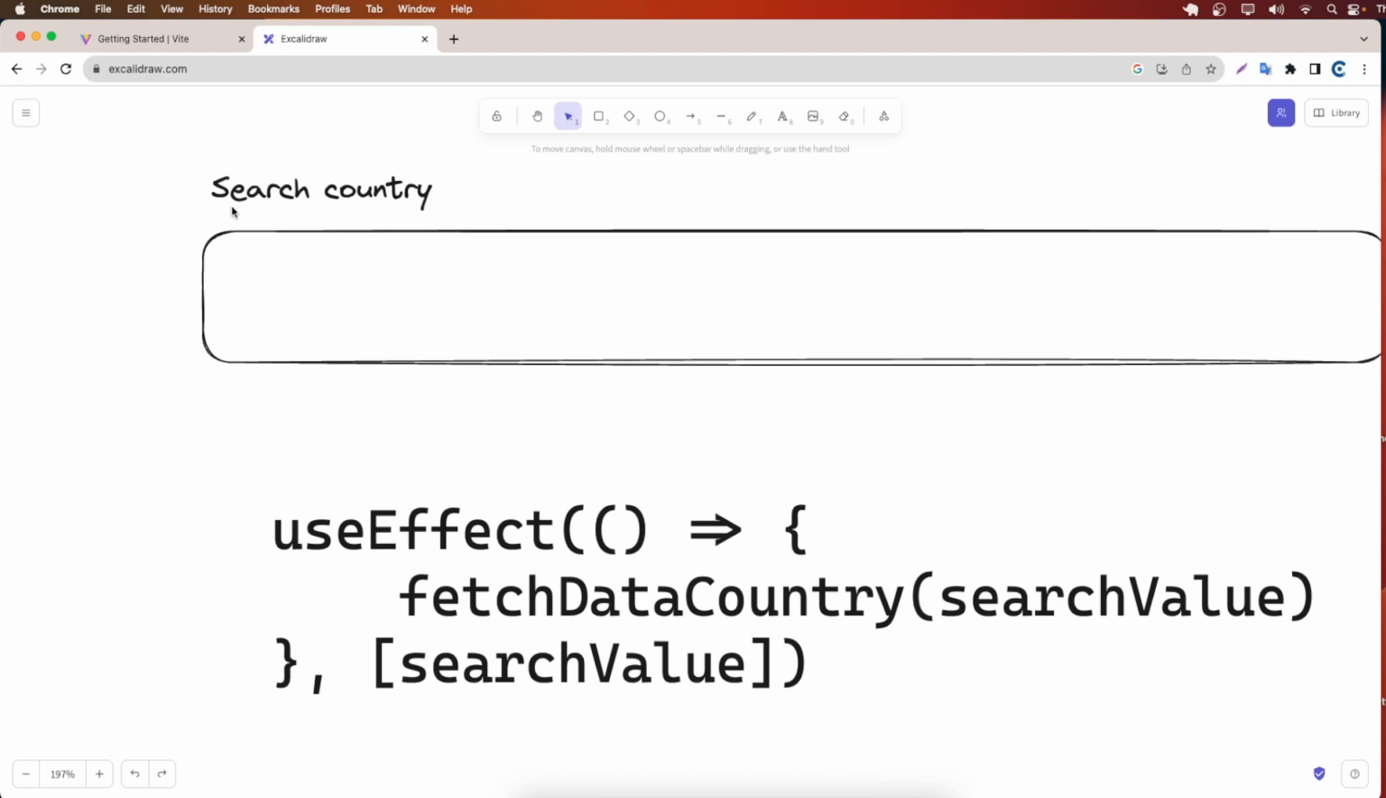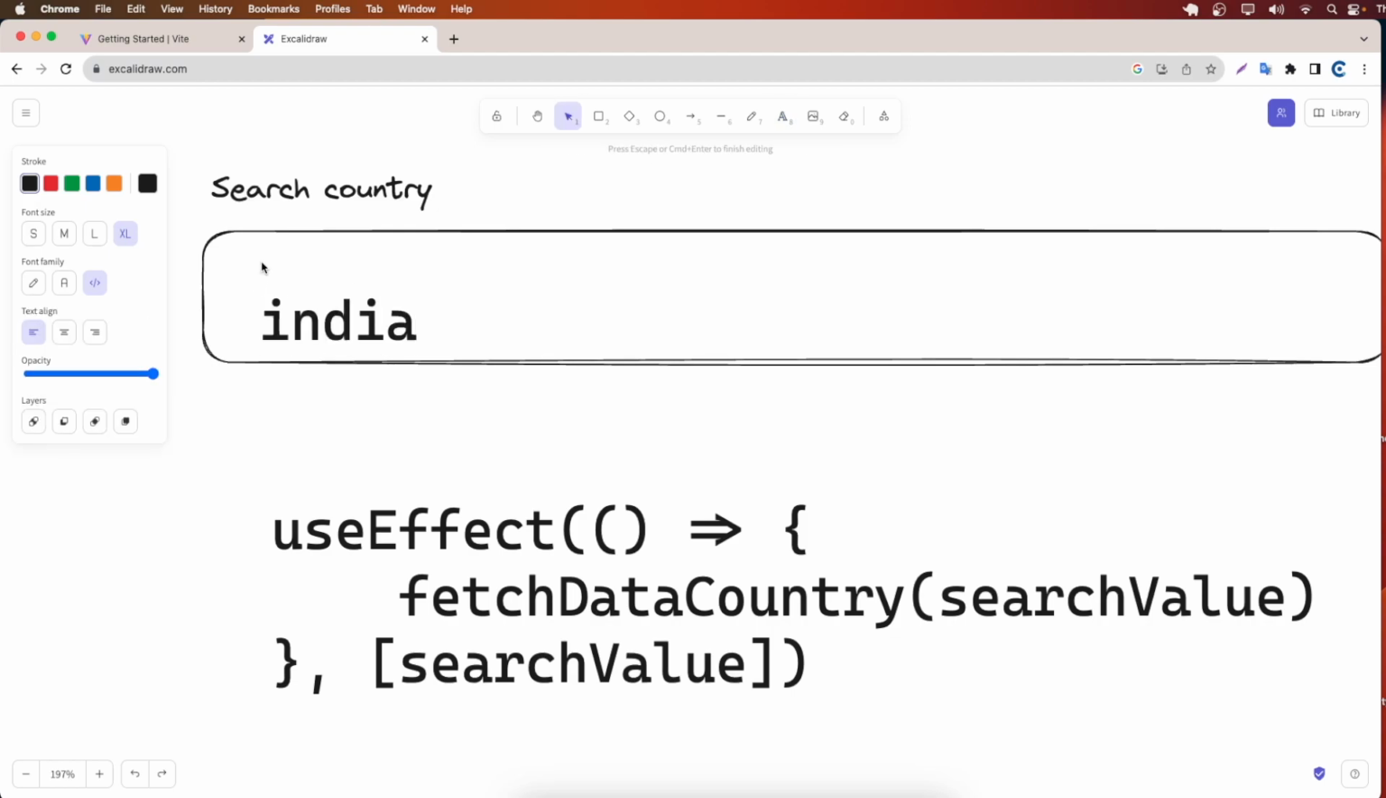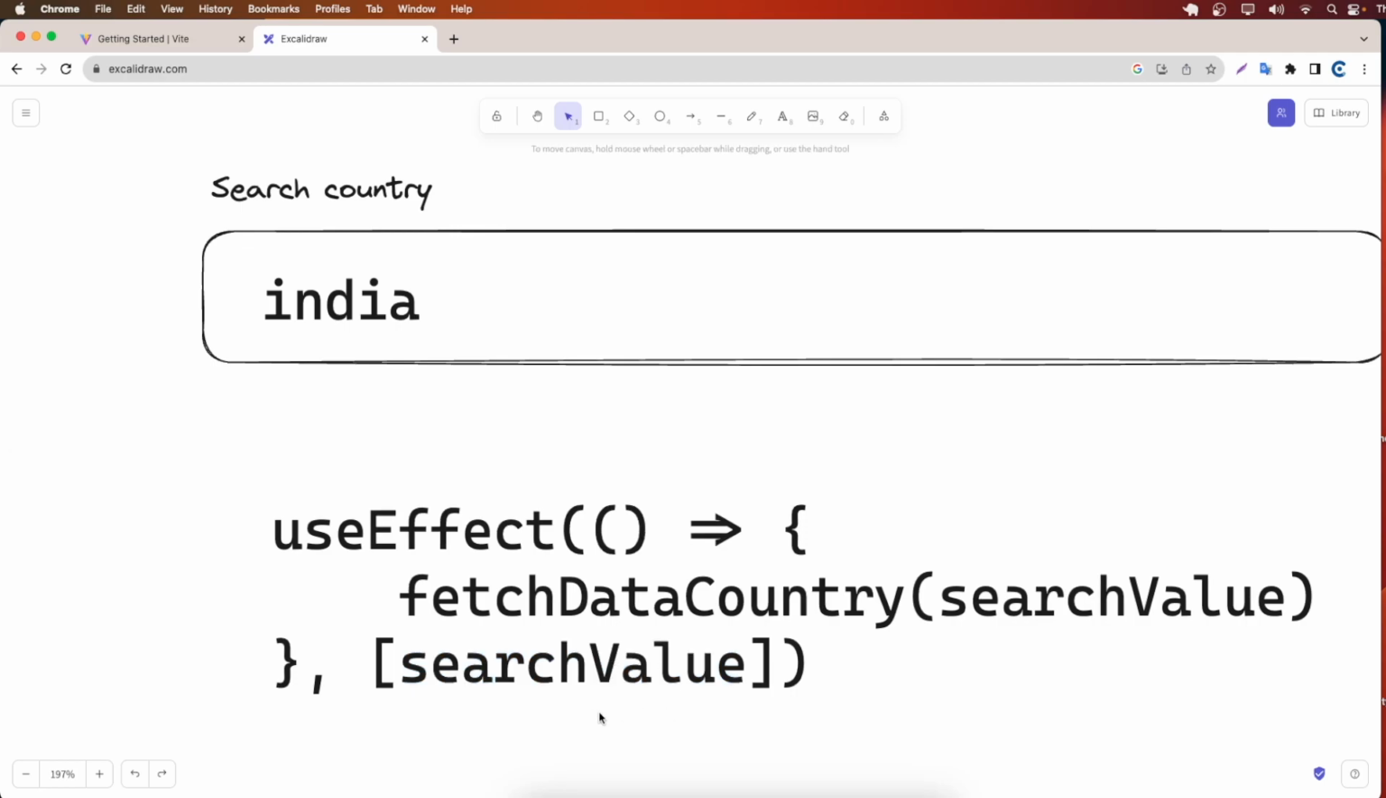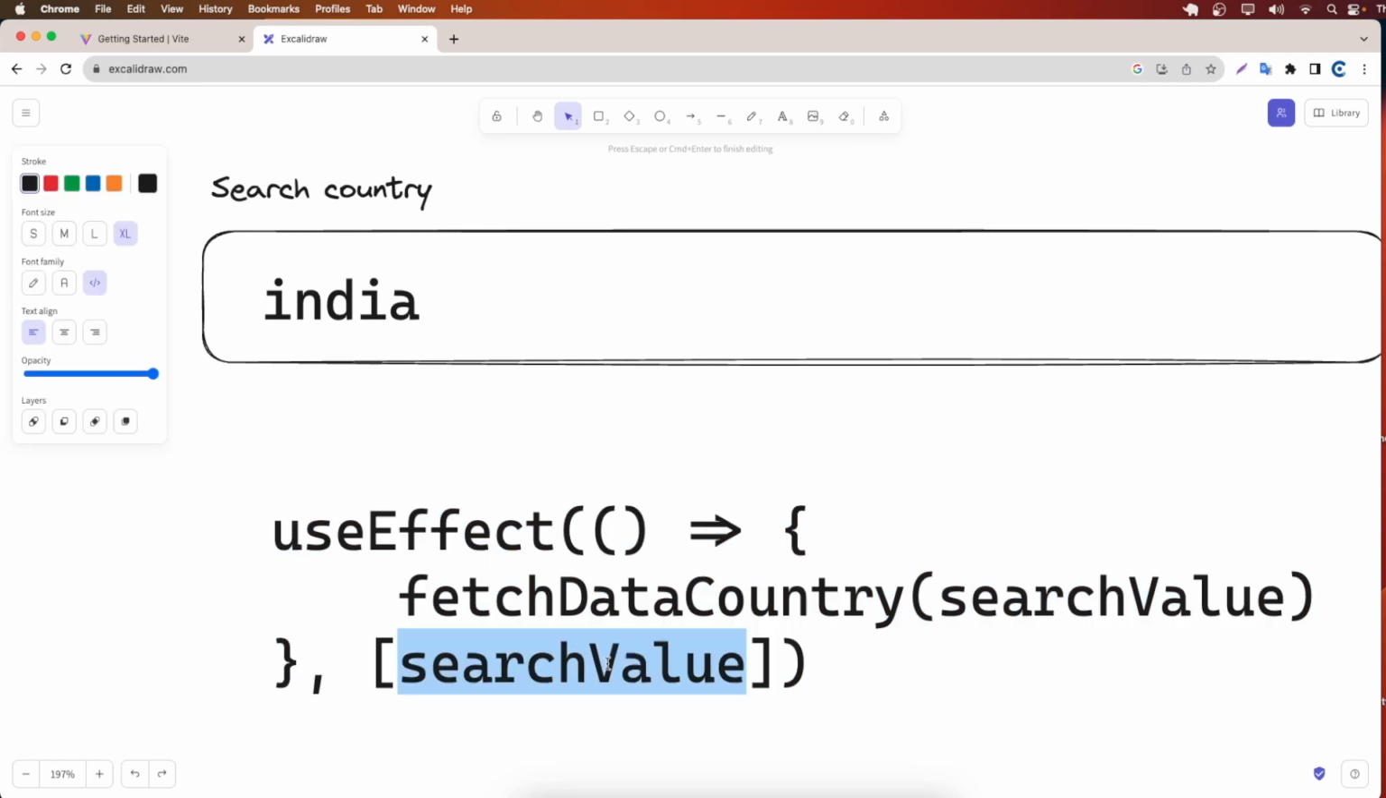So for example, here we have the search country input field. When the user is typing, for example, India, what beginners normally do is something like this. Create a useEffect, put the search value inside the useEffect dependency, and then run the fetch data country in here and put the search value right here. So this will run 5 times because the user types 5 characters and the search value changes